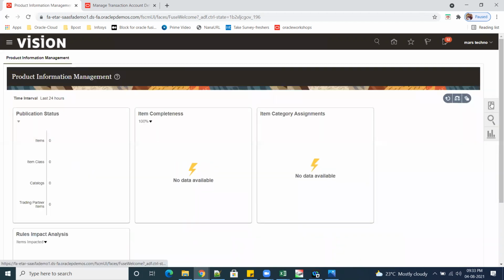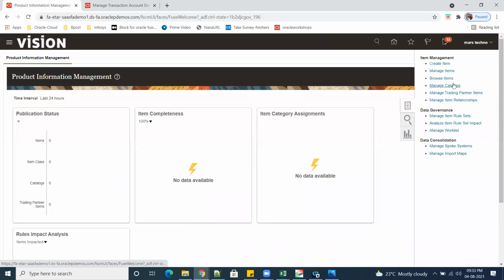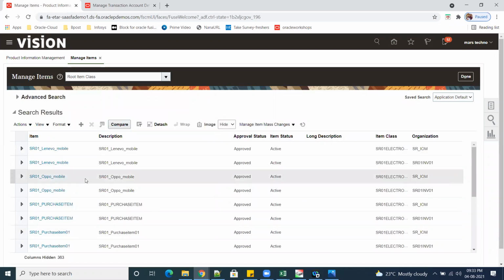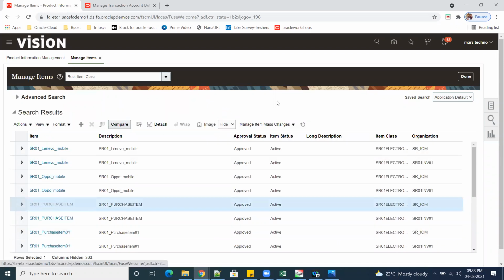So item category, right? So it is not a non-catalog one. So maybe that is also one possible thing. So I'll take one item. SR01. Click on search. So I'll take purchasing item only.